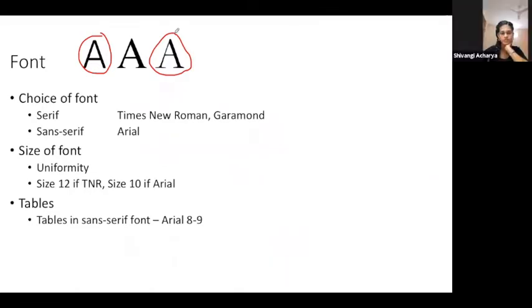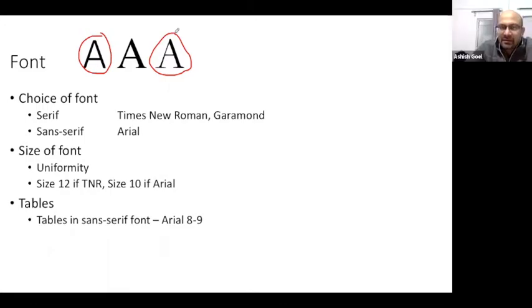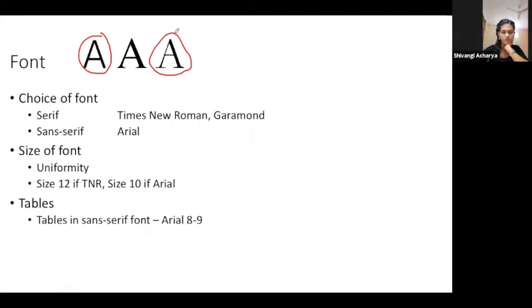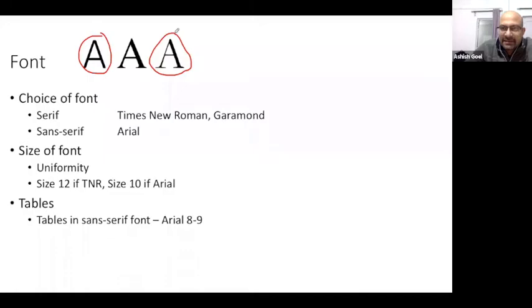Yeah, there is a difference. What is the difference specifically? In the first one, if you can see for the left A, all the lines are of uniform thickness. Whereas if you see the right-handed A, the line is thicker. Okay, whereas there's a variable thickness in that, correct? The upstroke is lighter and the downstroke is thicker. That's one. What else?